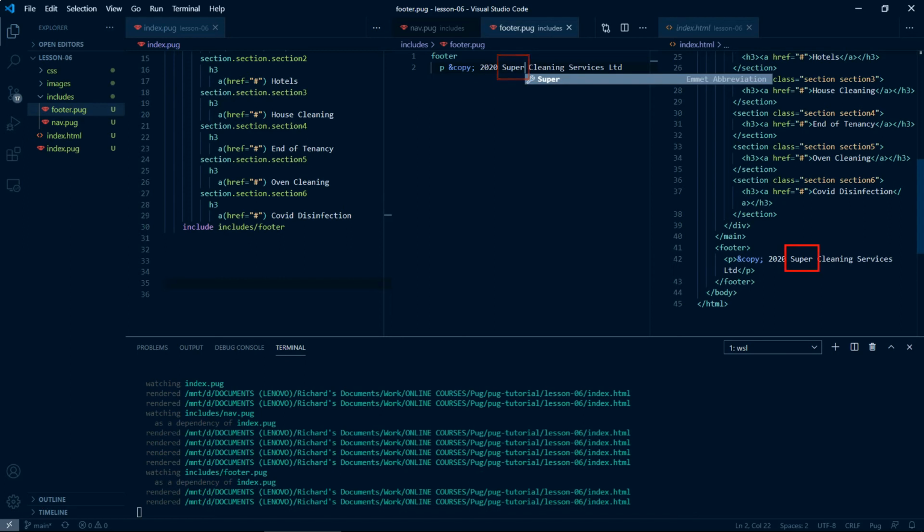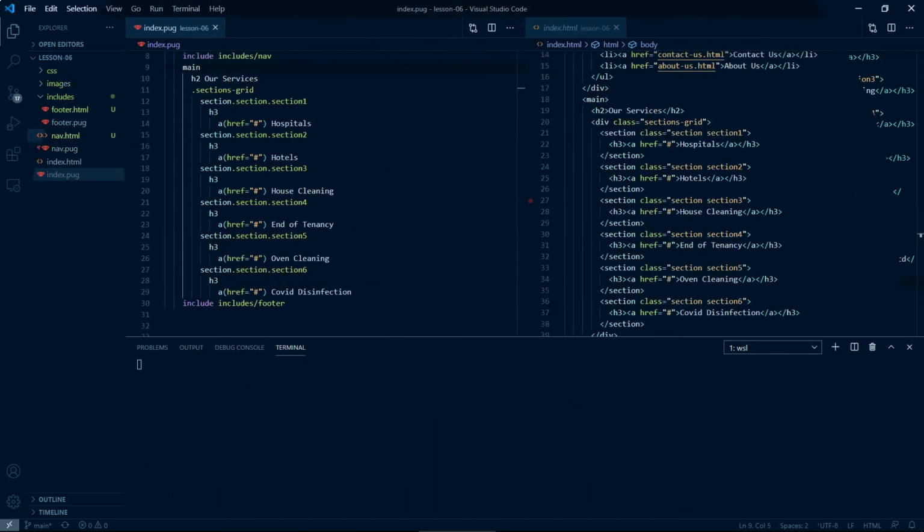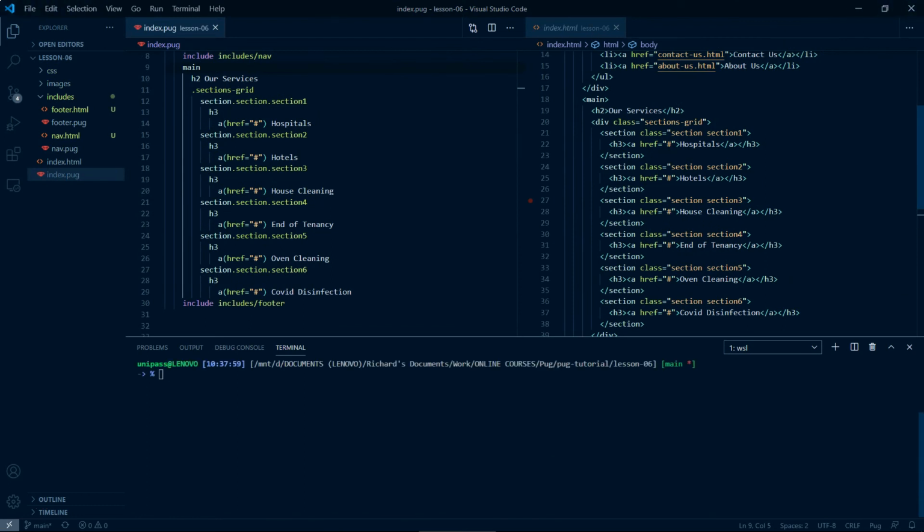Now, any changes to the header or footer, which are going to be repeated across many pages in the website, can be made efficiently just once in the included file. Let's see this in action by adding more pages to match the pages in our navbar. A news page, an Our Team page, a Contact Us page, and an About page. We'll just change the content of the H2 element on each page, so we can see which is which.